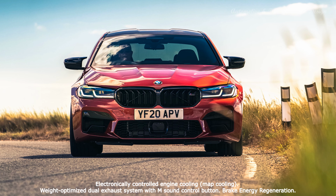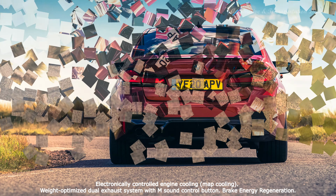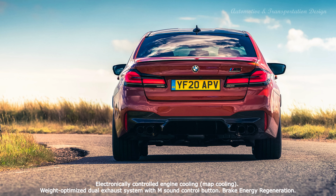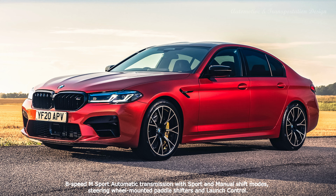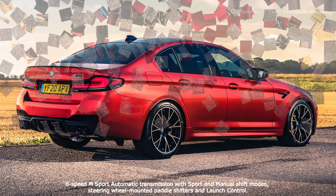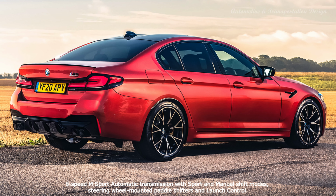updated headlights and taillights. Inside, the most notable change is a new 12.3-inch touchscreen that replaces last year's 10.25-inch display. The system also adds Android Auto, cloud-based navigation features, and other improvements. Less obvious are the revised M mode settings, which are now easier to access thanks to being consolidated into a single button. In addition to several new paint options, the standard brake calipers can now be finished in high-gloss black